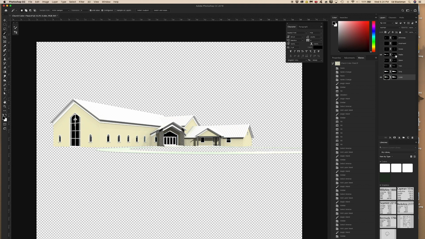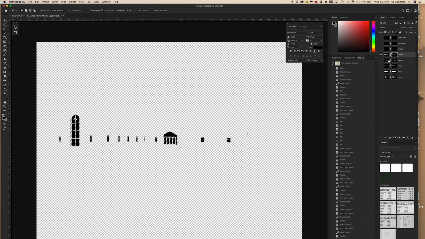Okay, I did something funky with the walls. Not quite sure what. Oh, I made the glass black. Weird. Okay, no biggie. No biggie, because